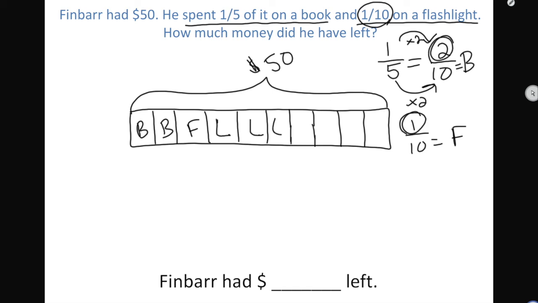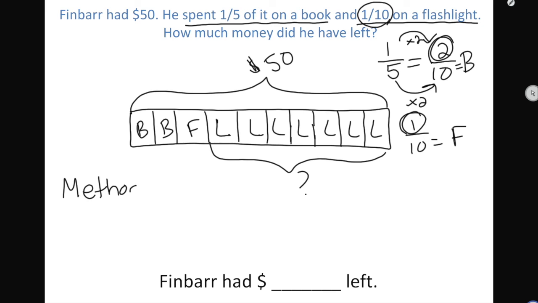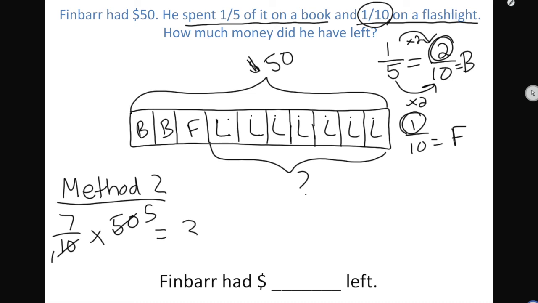Now I can label every single remaining unit L because that is what is left over. I want to know how much money did he have left, so that's going to be my question mark. And again, I can solve using method 2, which is finding a fraction of a whole. In this case, I want to know 1, 2, 3, 4, 5, 6, 7 units out of 10. I want to know what 7/10 of the whole amount, $50, equals. I can cross cancel by dividing by 10 and multiply my numerators, and that means that there were $35 left